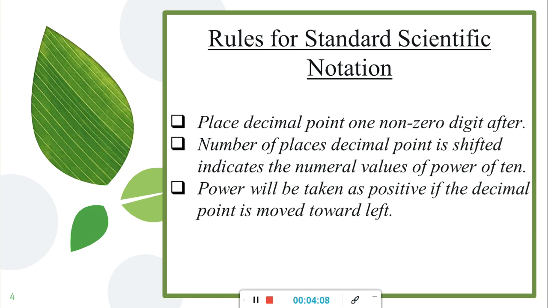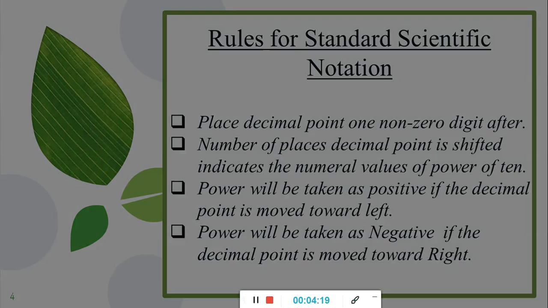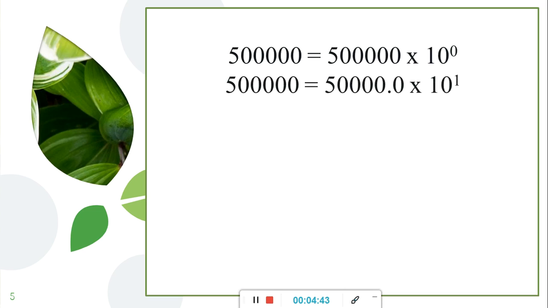Similarly, if I move the decimal point by 2 digits, then the power of 10 will be 2. If I move the decimal point by 3 digits, then the power of 10 will be equal to 3. Similarly, if I move the decimal point by 4 places, it will be equal to 4. And if I move the decimal point by 5 digits, then the power of 10 will be equal to 5. So 5 lakh can be written as 5.0 multiplied by 10 raised to power 5, which is the short form. Similarly, if I have a value